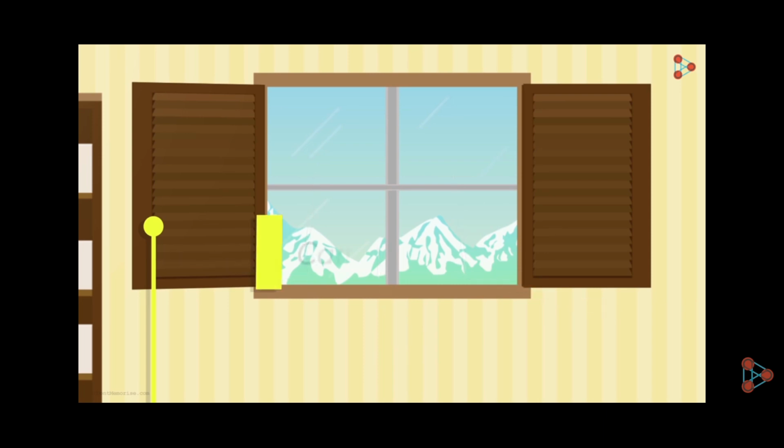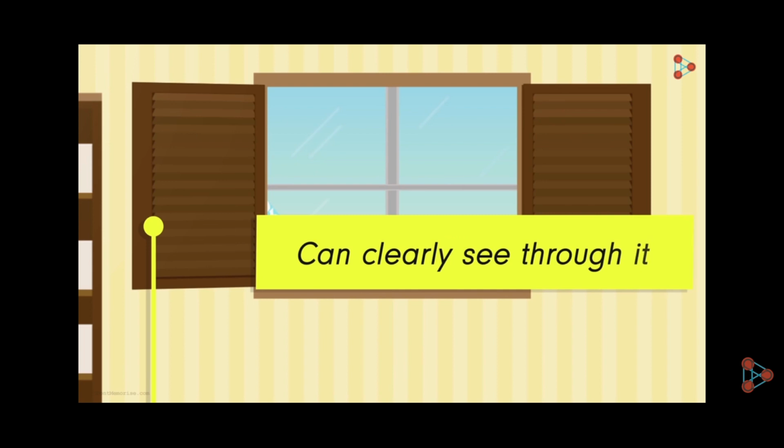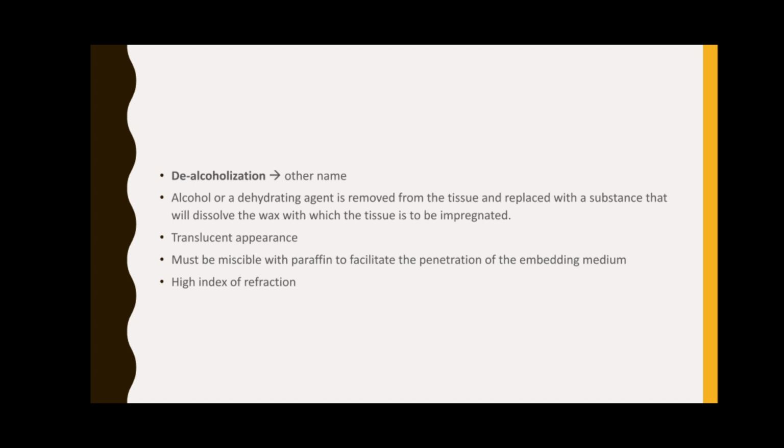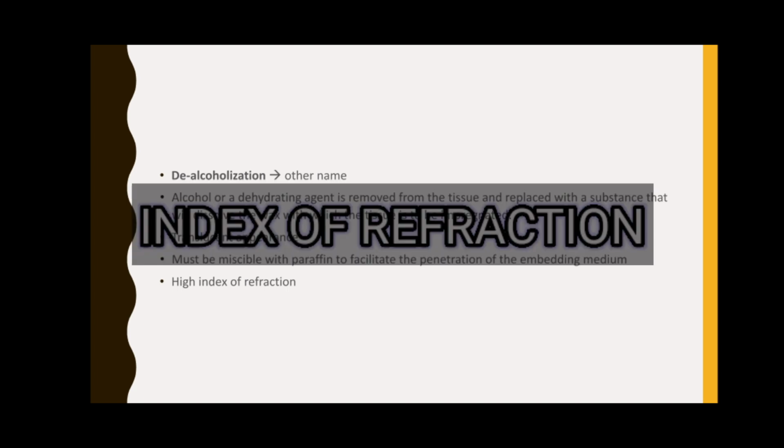What does high index of refraction mean? Kindly write this down. An index of refraction is the measure of the bending of the ray of light that passes through one medium going to